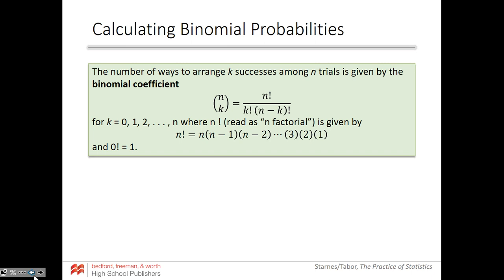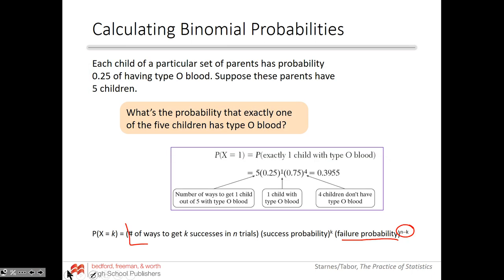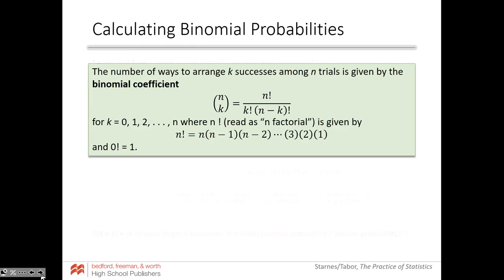So let's focus more on, let me go back a second, the number of ways to get k successes in n trials. So we're going to talk about something called our binomial coefficient, and you might have seen this before. This is, in other words, called combinations. If you've heard of combinations and permutations, right? So this is a combination. So notation, sometimes you'll see this as like